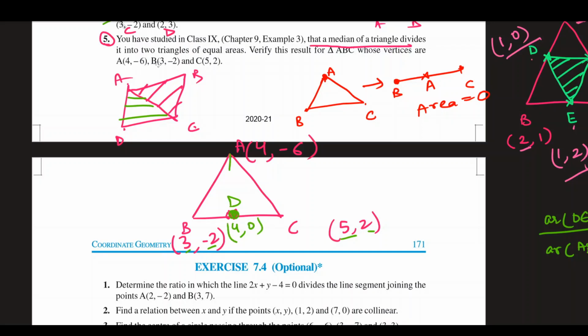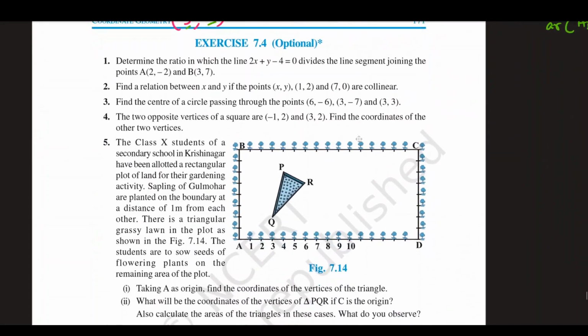Now join this line and find the area of triangle ADB and triangle ADC, and you will get that these two areas are equal. Okay, so now we have completed exercise 7.3 and we move